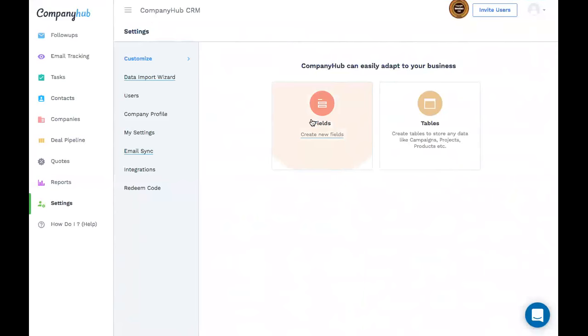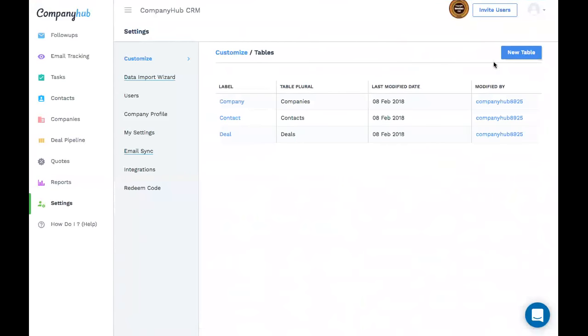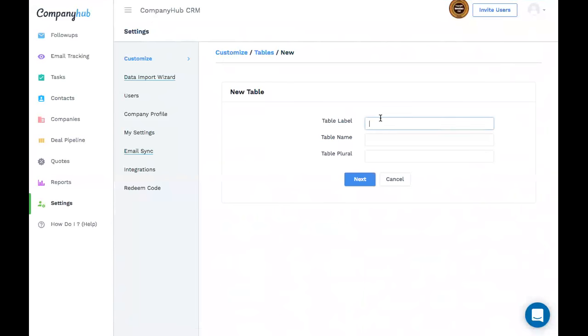And yes, if you want to create a particularly new table, you can do that as well. So once you click on the tables, new table, maybe we'll take a scenario here to explain. Apart from the options that I've shown you, how you can manage your leads, the companies, create deals, manage the deal pipeline. If you really want to, maybe if you're an affiliate, if you have different vendors,